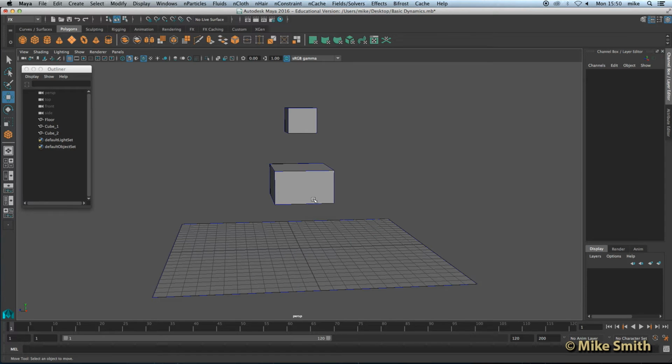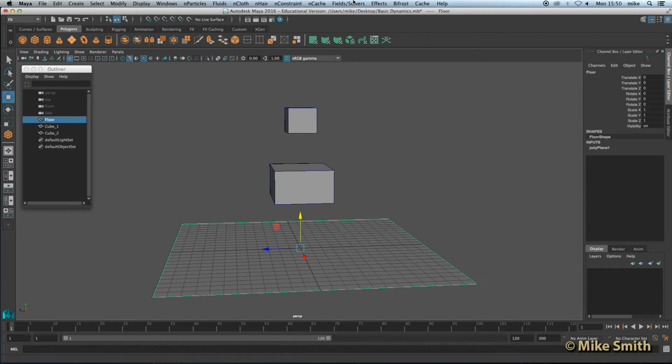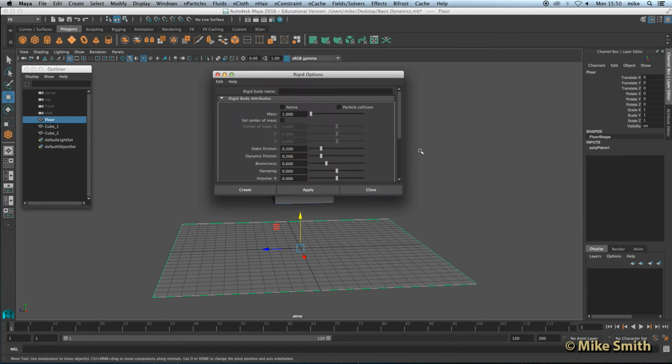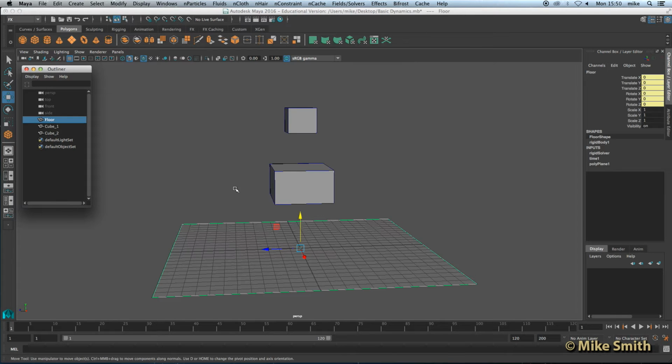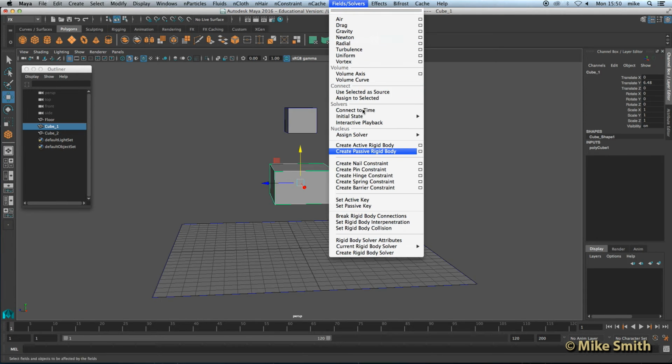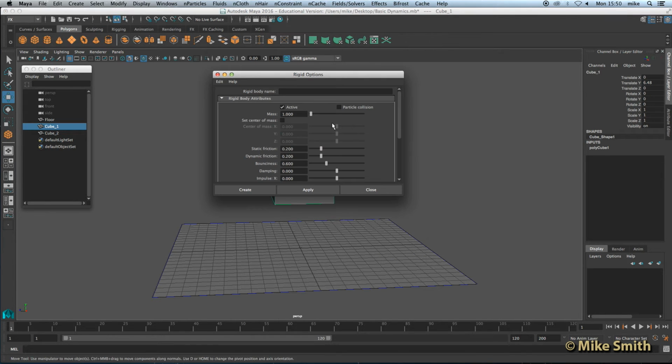First of all, select the floor, go to Fields and Solvers, and then create a passive rigid body. Now you might want to go into your options and reset the settings if you're on a shared machine. So go to Edit, Reset Settings, Create, and then select one of your objects that you want to fall, go back to Fields and Solvers, create an active rigid body, again reset the settings if you haven't already, Edit, Reset